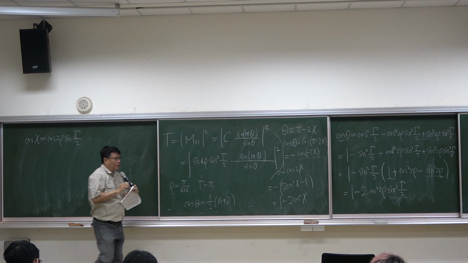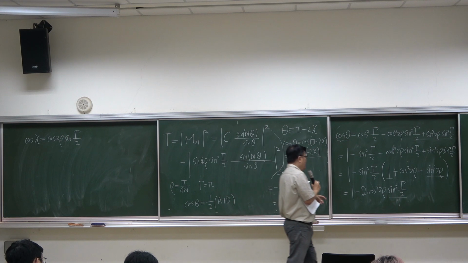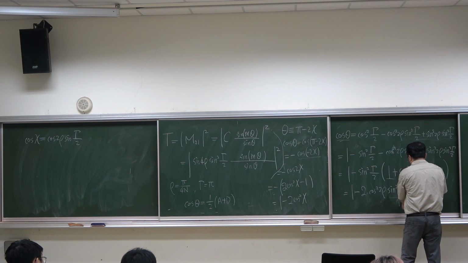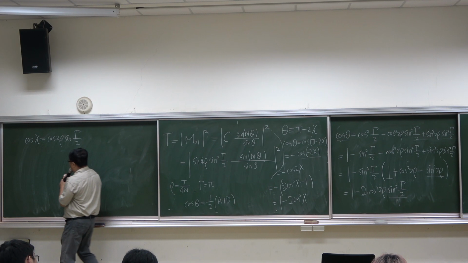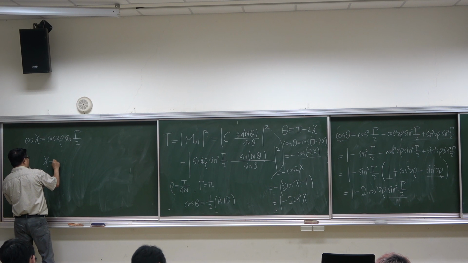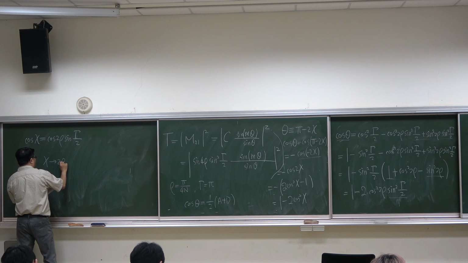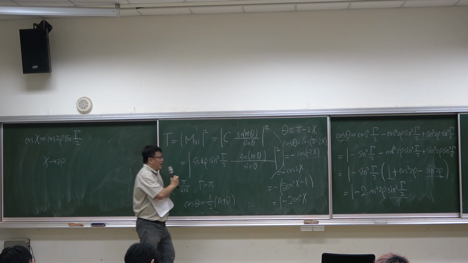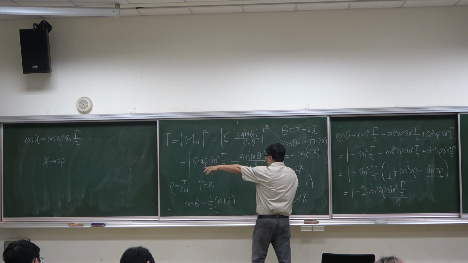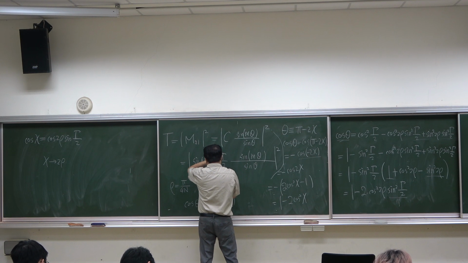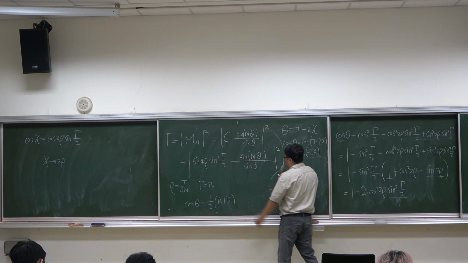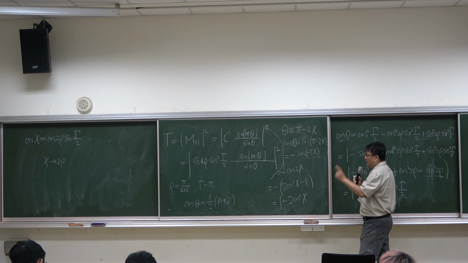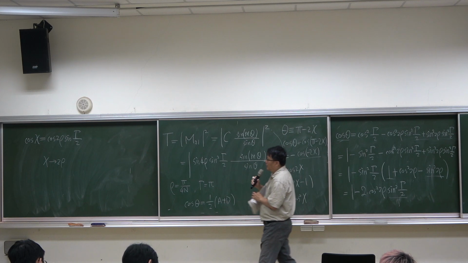Okay? So once you choose gamma equal to pi, this indicates that chi is equal to 2 rho. So if you substitute this result into this absolute value, you get 1. I will show you the result